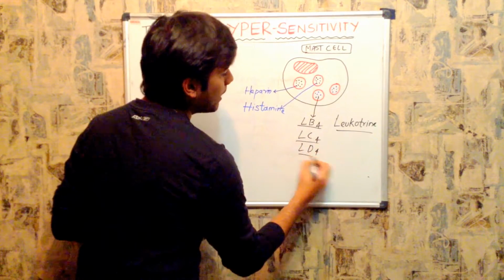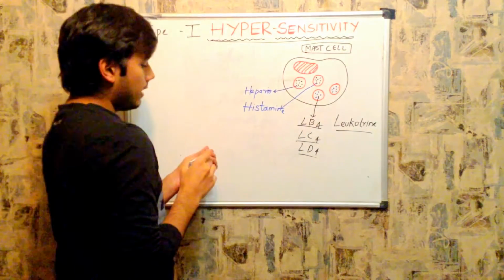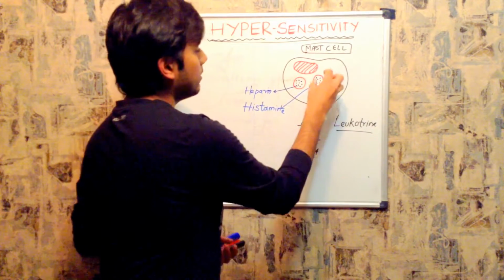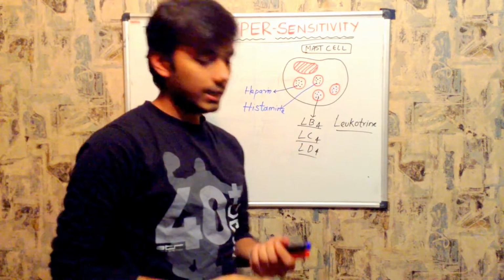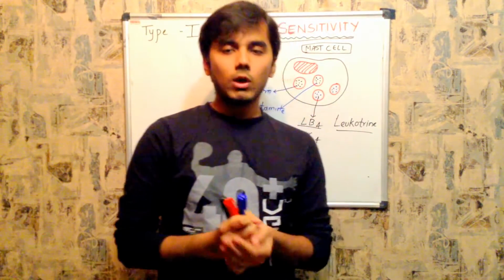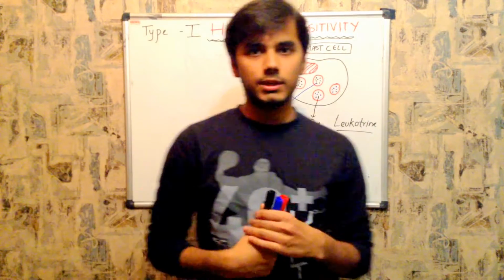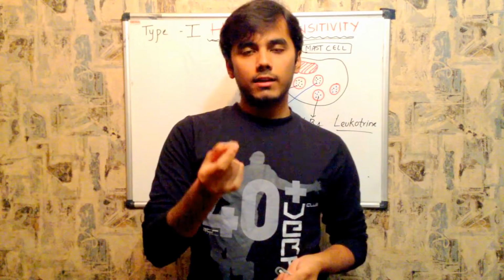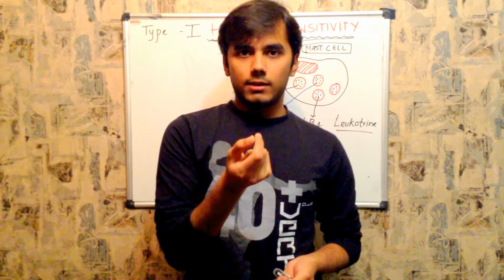These are also the chemical substances present in the granules of the vesicles of the mast cells. So now, what exactly happens in hypersensitivity type 1 is that whenever an allergic particle, we generally